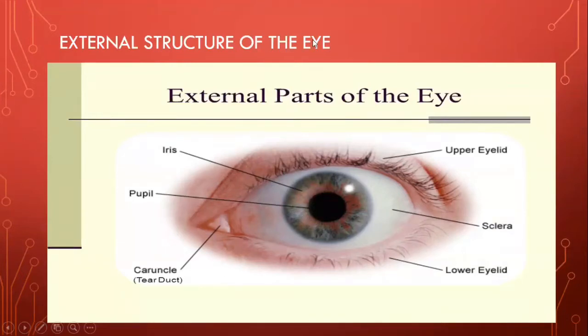Now that we have discussed these structures, let's look at another structure that is not labeled in the diagram, but it is still present over here. It is a thin, transparent structure that is present over the external, exposed part of the eye. It is named differently, however the layer is the same. The layer which is covering the sclera is known as the conjunctiva, and the layer which is covering the iris part is known as the cornea. With that, we are done with the external parts of the eye.